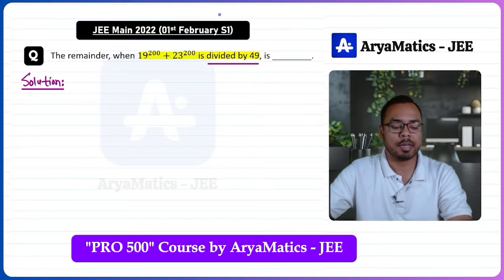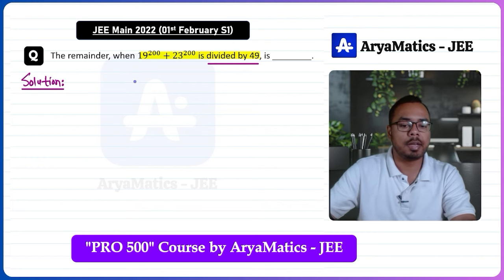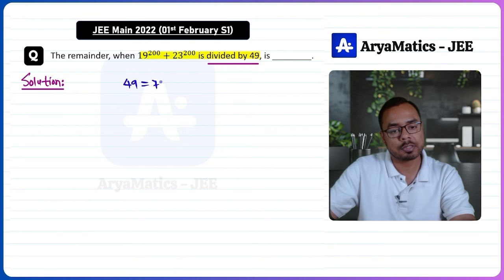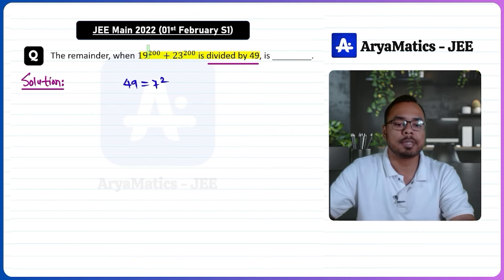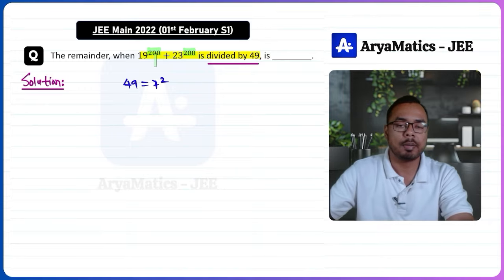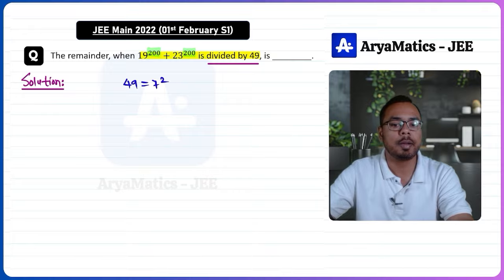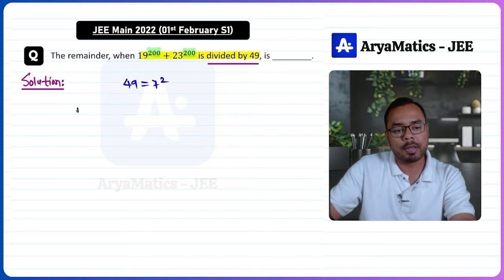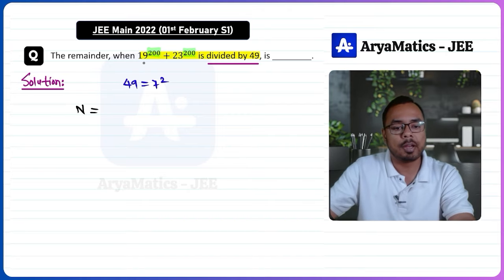The very first thing is that 49 is a perfect square, right? 49 will be 7 square. Also, you can notice that for these two numbers, we have the same exponent 200. One number is 19 raised to 200, the other number is 23 raised to 200. So for this type of problem, what we'll do is try to break this